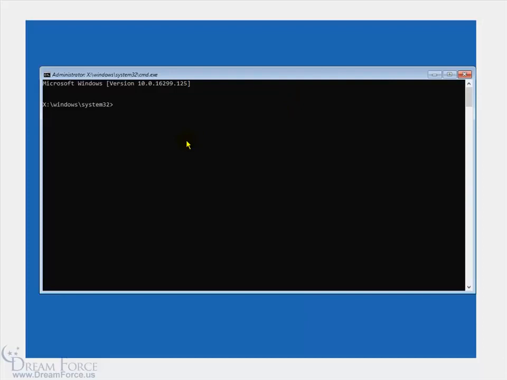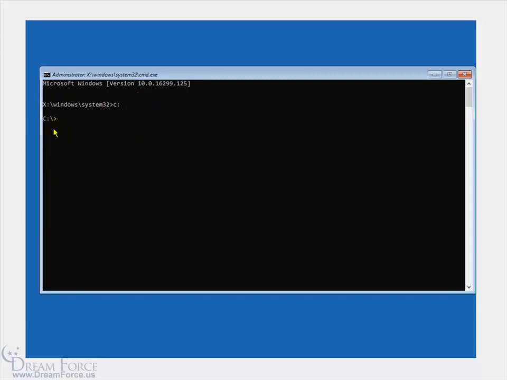So the next thing we need to do is find out the directory that our Windows operating system is installed on, so we can code it. And when we code it, we can tell it that we want to change the Ease of Access button on the Windows logon screen to the command prompt and not the utility manager. So which drive? Is it the C drive? Typically it's the C drive that's going to have your Windows operating system installed. So to find out, type in C, Shift colon, hit enter, and then you can see it changes